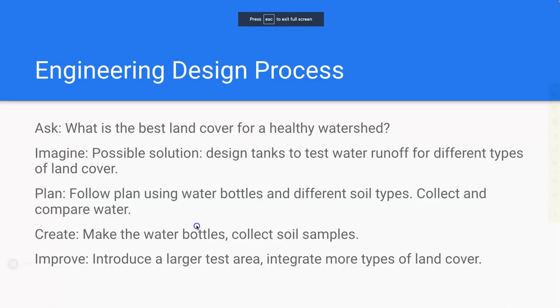Okay, so here's my module 2. First, talk about the engineering design process for this. Our ask, or our question we need to answer, was what was the best land cover for a healthy watershed. So imagine possible solution